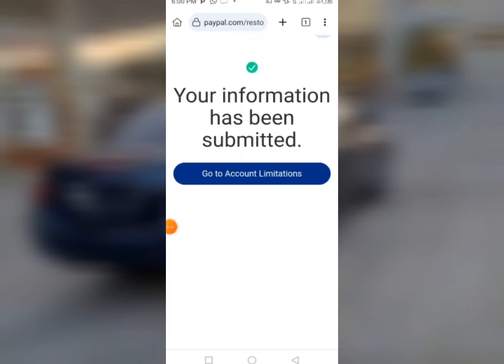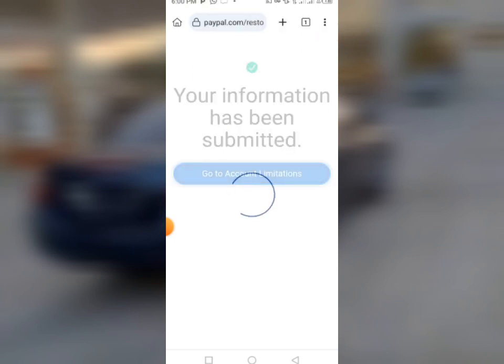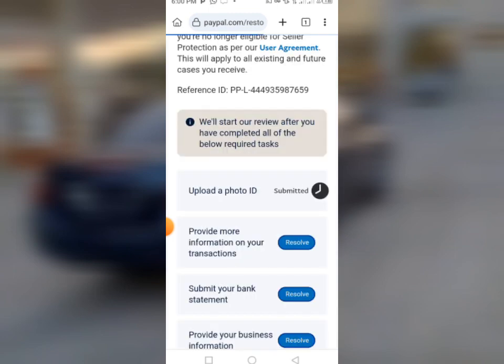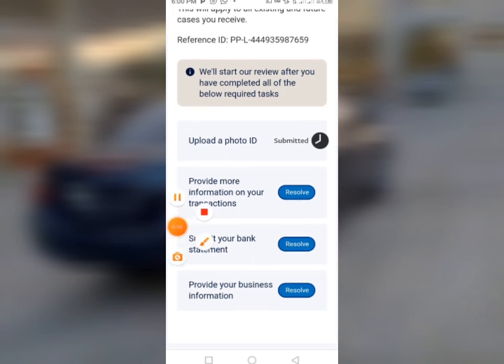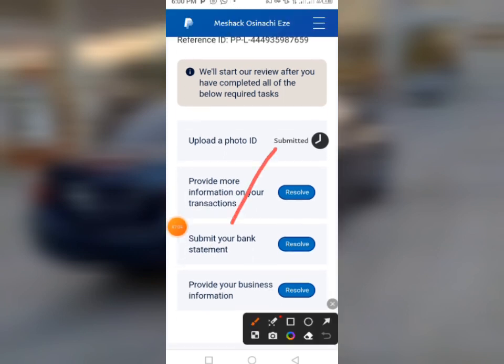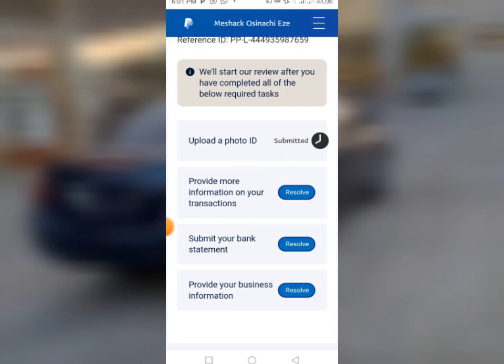Alright, so as you can see, it has submitted successfully. It says your information has been submitted. It says go to account limitations. So I'll click on go to account limitations. You can see number one has been submitted, which is upload the photo ID. It says submitted. So the next thing for us to do is to resolve